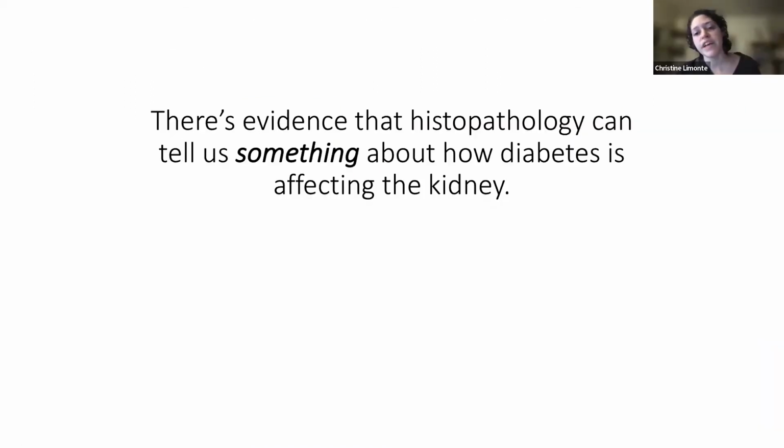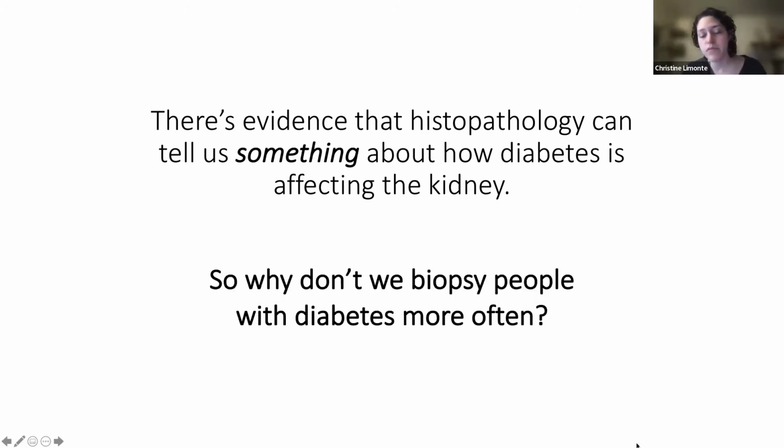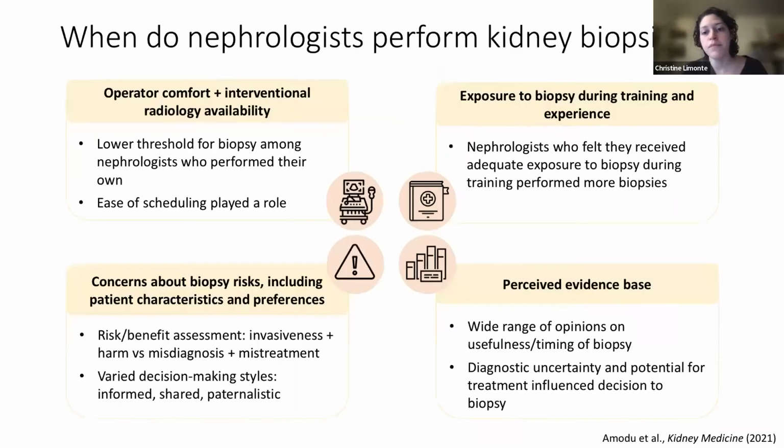So putting all this together, there's clearly evidence that histopathology can tell us something about how diabetes is affecting the kidney that is distinct from albuminuria and eGFR. So why don't we biopsy people with diabetes more often? I want to frame the discussion of when we choose to perform a kidney biopsy with findings from this recent